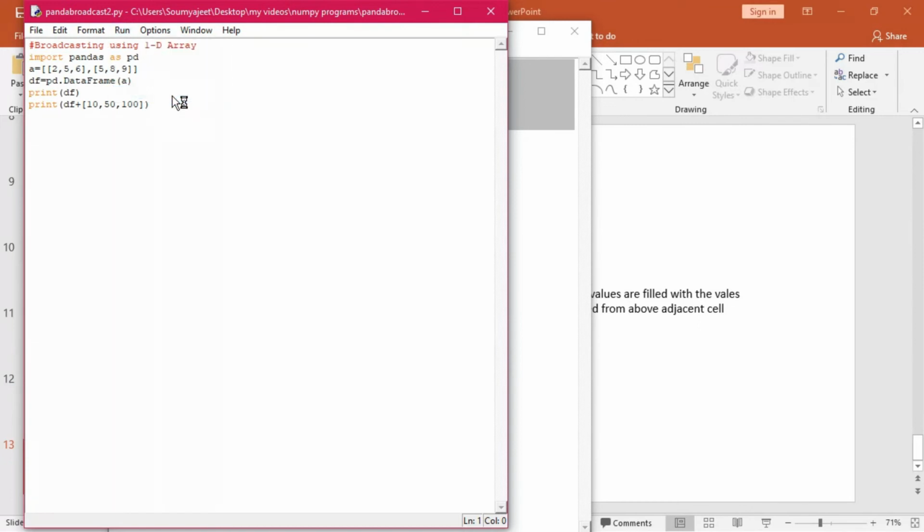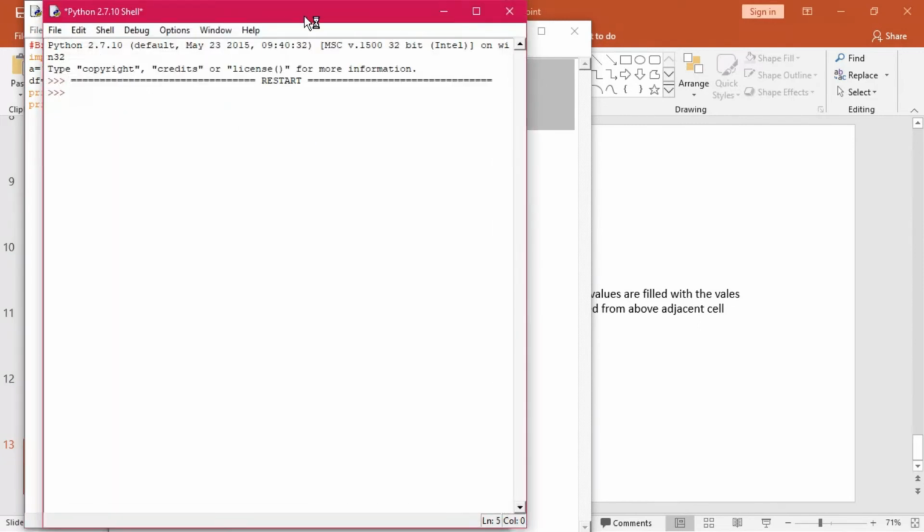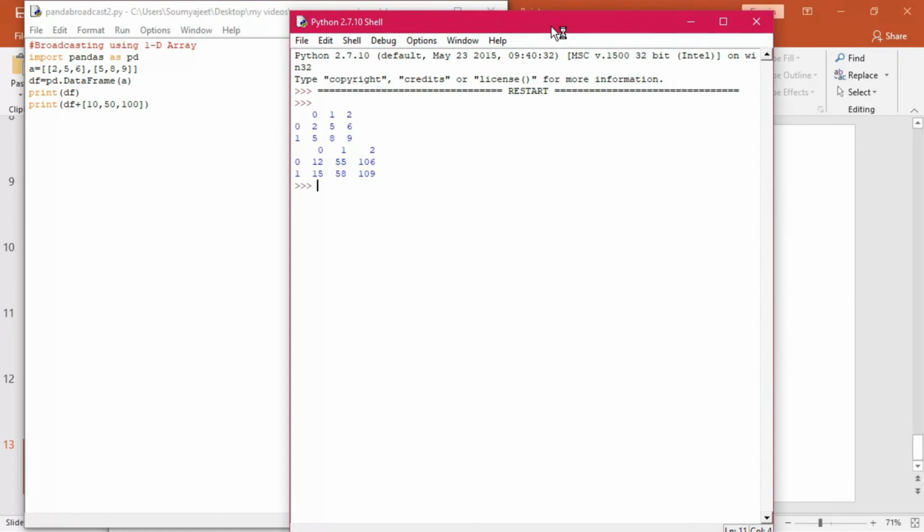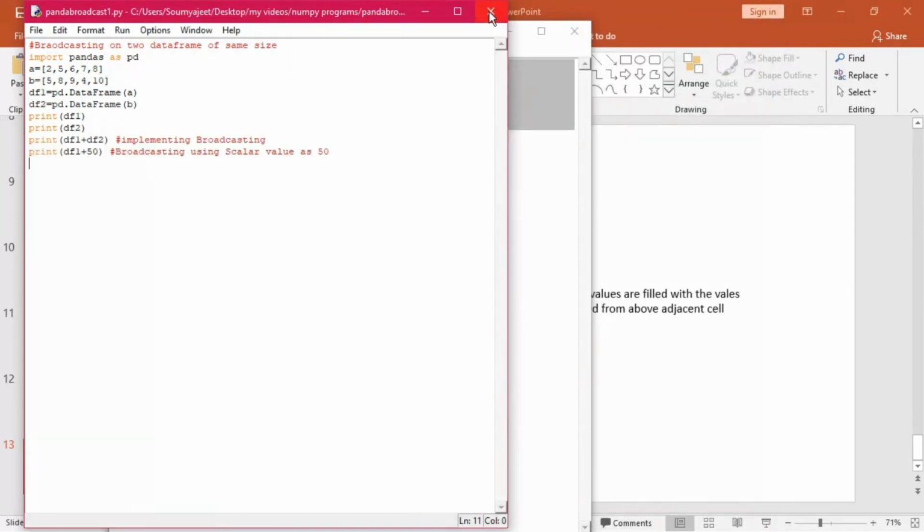This is the operation done on a single dimensional array. You watch the output out here. Each value has been added with 10, 50, and 100. So 10 plus 2 becomes 12, 50 plus 5 is 55, and 100 plus 6 is 106. And the second series also has been added with these particular values. So in this way, we can do the broadcasting operations as well.